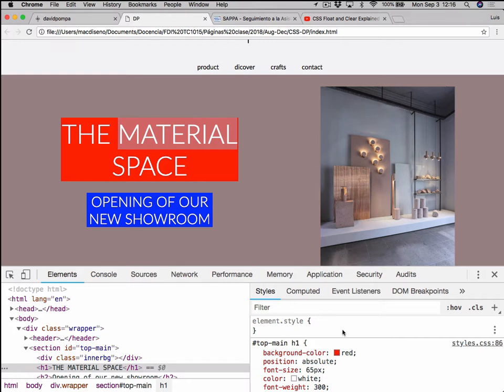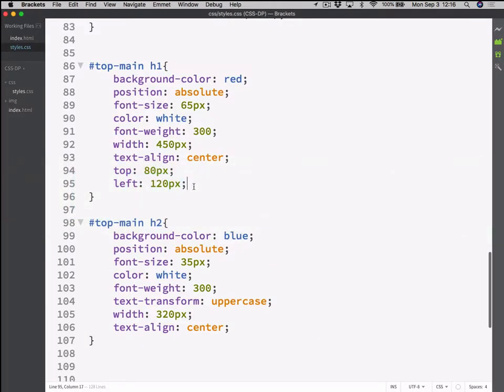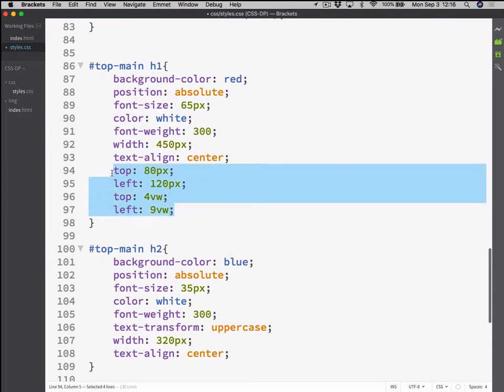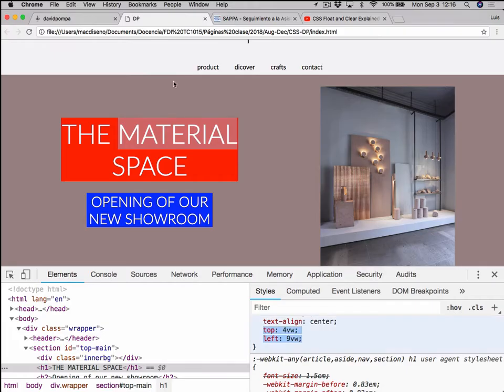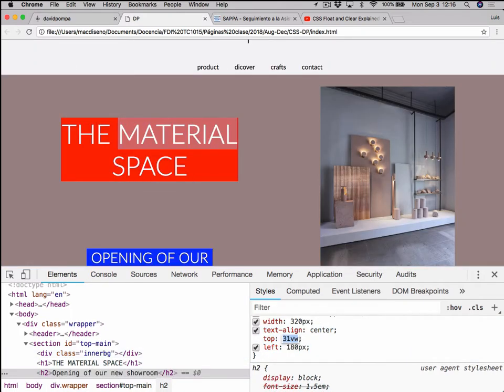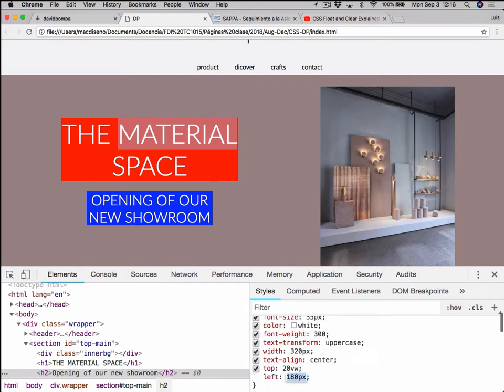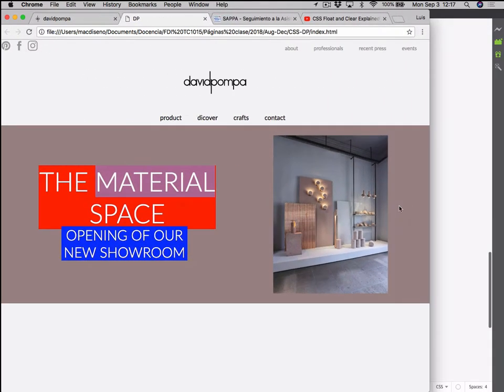units. Okay? So when I'm happy with the result, I just copy these two values and paste them here, instead of those other ones, right? So those values are the top and left values I want to leave in this H1. Let's do the same for the other one, the H2. So instead of having fixed values, I will play with this, maybe something like this. Maybe you can play with decimal points and all that. And now it's starting to move. Okay, we have a problem there. Okay, so maybe the top part,